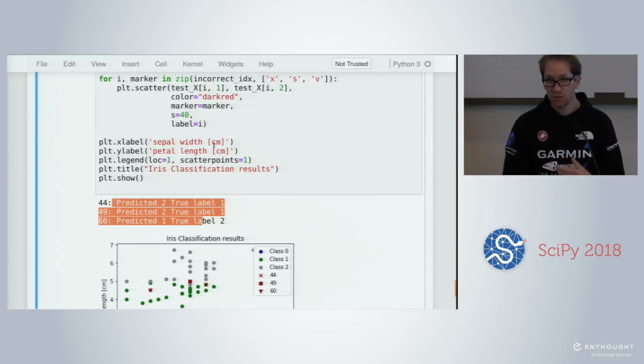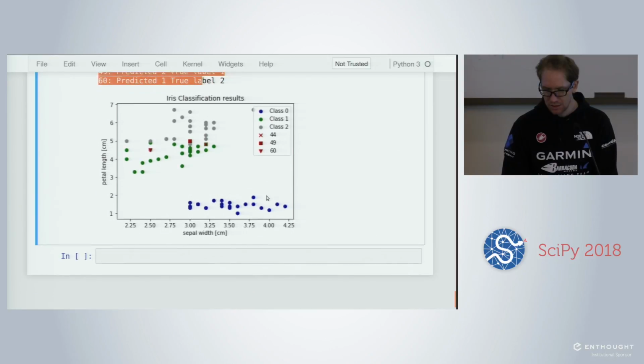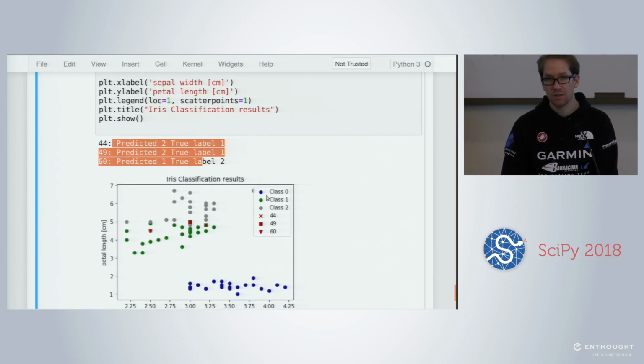To find out which sample is which, we can select the data. We took features 1 and 2 because they are the features which we are plotting here. In X, we plotted the second column, and in Y, the third column. So here we are just getting the second and third column, and taking the values that correspond to the incorrect samples.